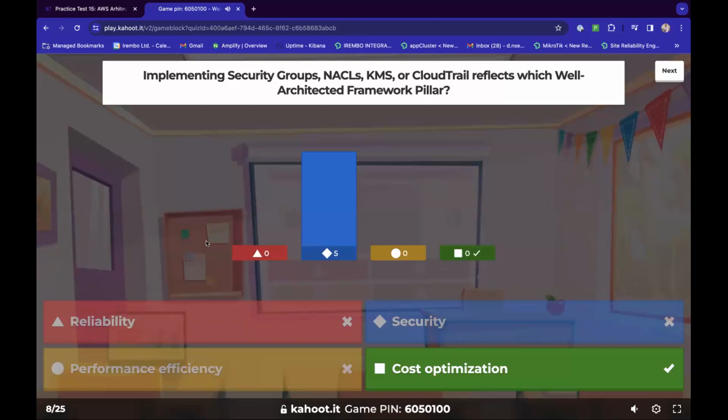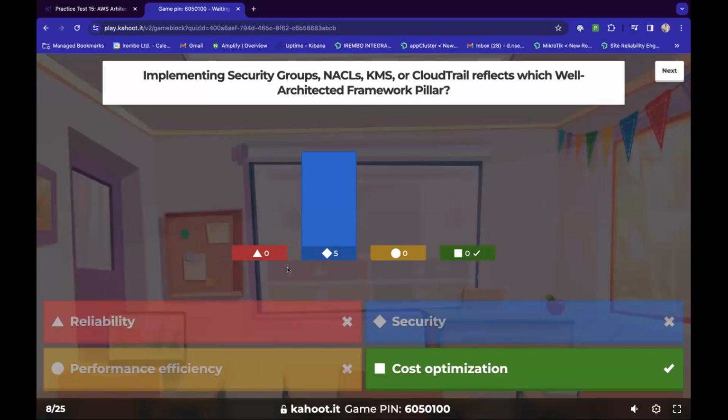I think this question is configured wrongly, because as the majority answered, this reflects the security part of the Well-Architected Framework.